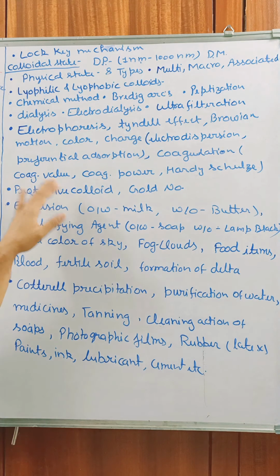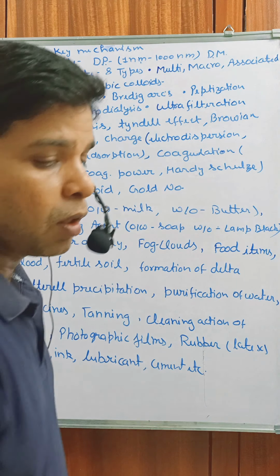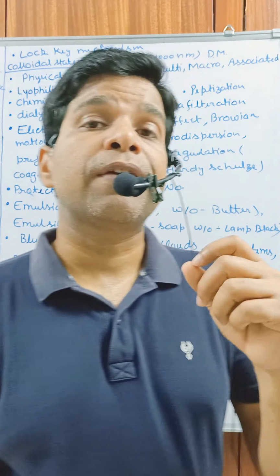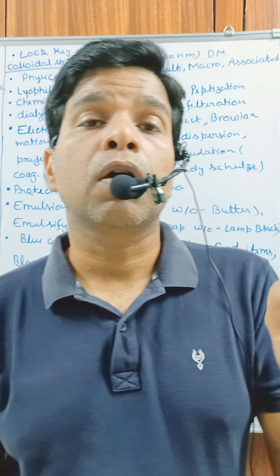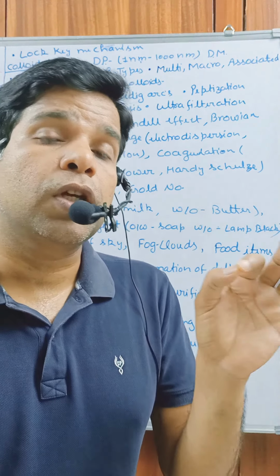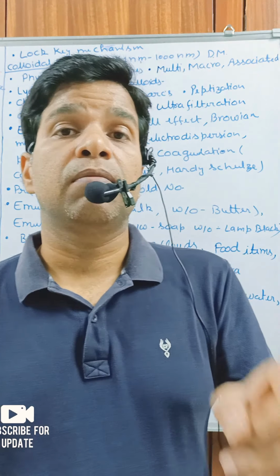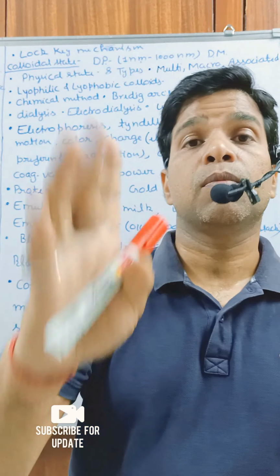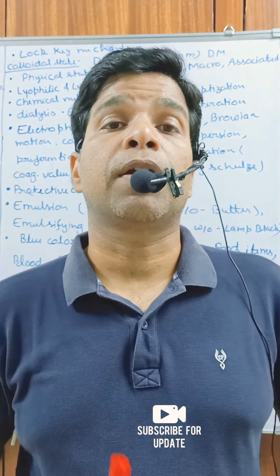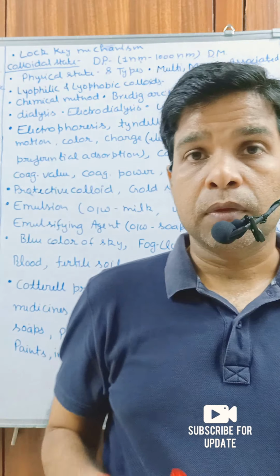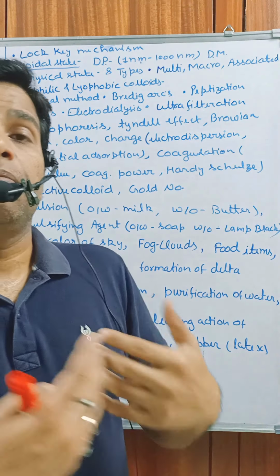Okay, here we have coagulation value, coagulation power and the Hartley-Schulze rule. First let me complete this one. Suppose we have a positively charged sol and we want to do the coagulation of the positively charged sol. Which electrolyte is more suitable? The more suitable electrolyte should have the higher charge. [Fe(CN)6]4- is the best, because it has the most negative charge and attracts more positive particles on its surface. Then phosphate 3 negative, then sulfate 2 negative, then chloride. According to this rule, the higher the charge, the better the coagulation power.